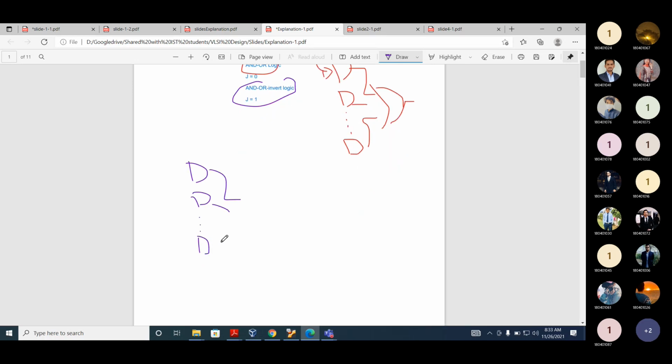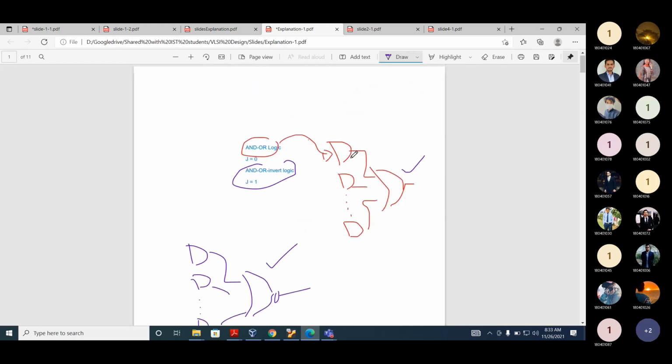Then we have a NOR gate. Actually, this logic now, either we can implement this function, this or this one. The first one or the second one. So for the first one, J will be 0. For the second, how do we implement this functionality? This functionality can be implemented with an additional exclusive OR gate, and then there is one control signal, that is J. And how can we control J? J can be controlled through the product term select logic.